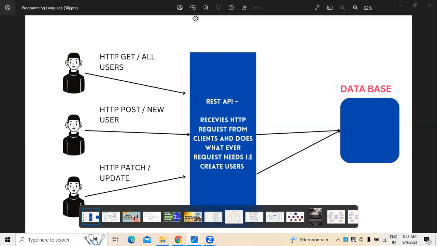The very first thing clients can do, using the HTTP protocol, HTTP GET, is connect to all the users through the REST API. Generally this REST API receives an HTTP request from the clients and does whatever the request needs, nothing but creating users and everything by connecting to the database. Subsequently, the database will give you the reply. So if you want to get any information relating to all users,